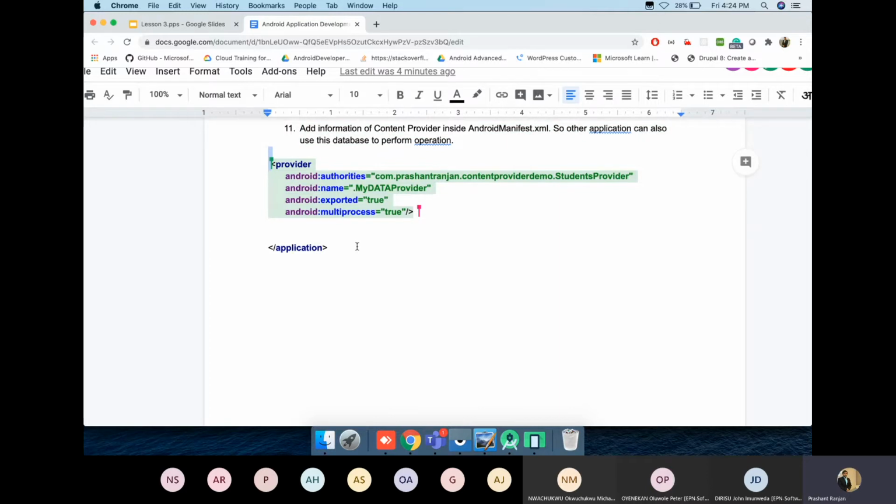So the next part we are going to talk with main activity. Working with main activity, we are going to perform the operation, how you can read it.